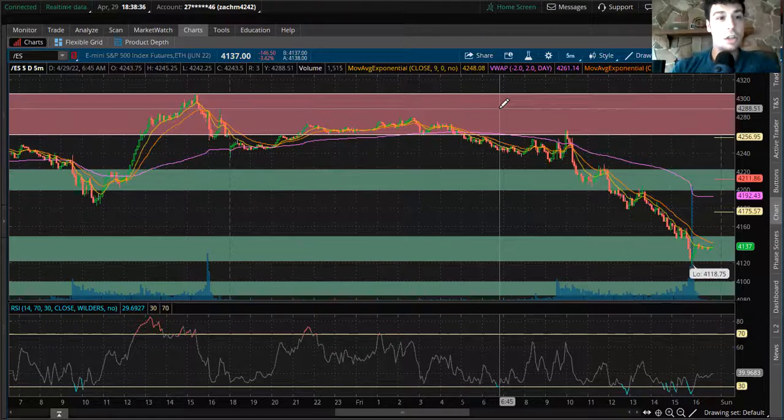We're going to be taking a look at /ES. This is the S&P 500 futures, and we're going to be looking at supply and demand zones, going over them, and just showing you guys a way that you can use this to really day trade, and learn how to